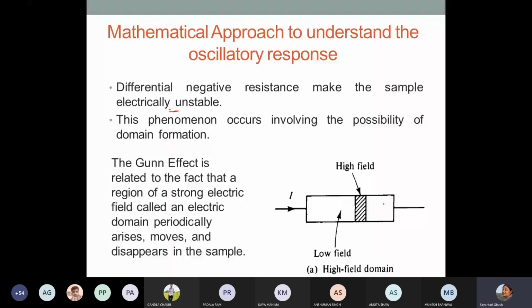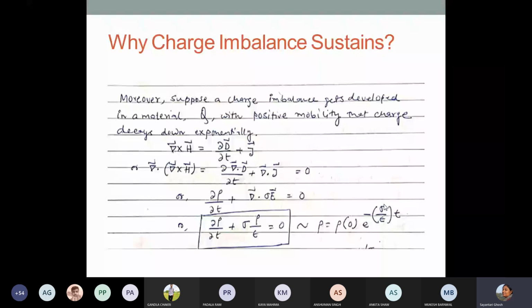This continuously keeps on happening, where a strong electric field makes these high field domains come into the picture, and these high field domains travel through the entire length of the device and meet the other terminal of the battery. And because of that, you have this oscillatory behavior where continuously some charge comes, and then sometimes the charge is not there, then again a spike, and then again a charge is not there. And this is the reason why you see this oscillatory behavior in the current. Okay, so this is kind of the derivation that I already did in the video, so just try to follow that.